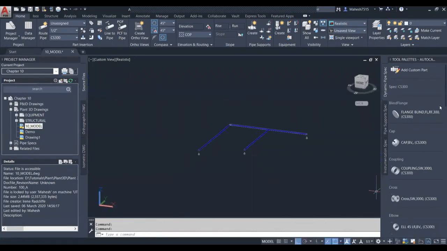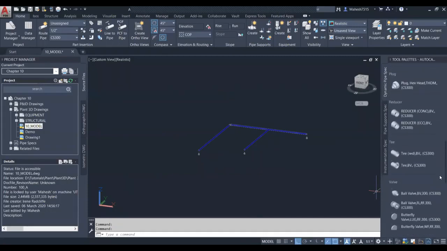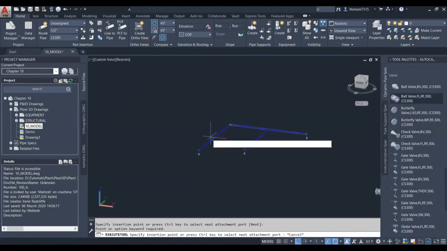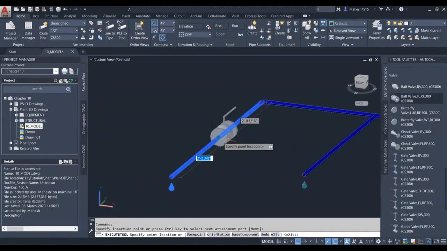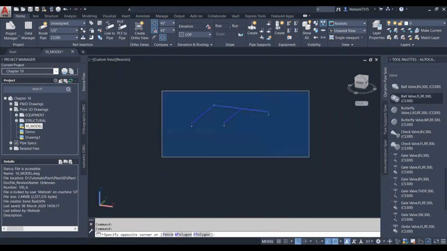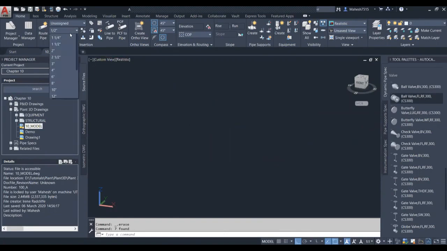And I'll use one of the valves here. It automatically selects the size also. I'm using a very small pipe. I'll go with 4-inch.